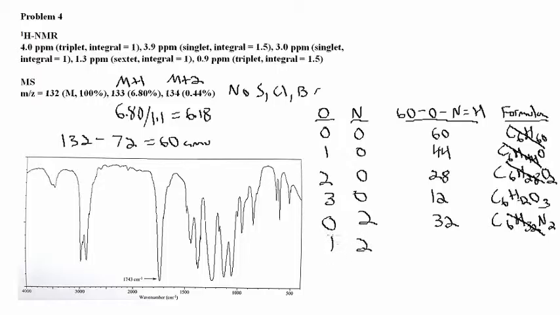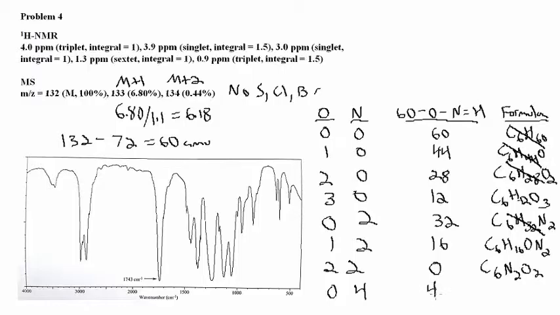If we had 1 oxygen and 2 nitrogens, that would mean that we would have 16 hydrogen atoms. Then we would have a molecular formula of C6H16ON2. Now, this is a reasonable formula, so we'll keep it. If we had 2 each of oxygens and nitrogens, that would mean that we have 0 hydrogen atoms. Our molecular formula would be C6N2O2, also reasonable. Finally, if we had 0 oxygens and 4 nitrogens, that would mean that we would have only 4 hydrogen atoms and a molecular formula of